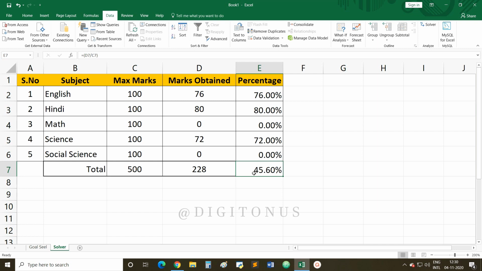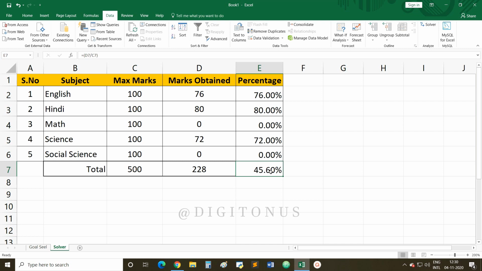It means that we are now changing the reference, or we are now changing the value of multiple cells. So this is the advantage of the solver method. By using the solver method, you can change the reference or change the value of multiple cells to achieve a specific target. Now how to use this solver feature?